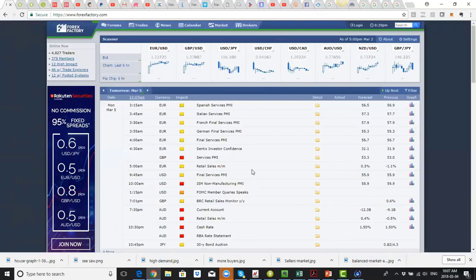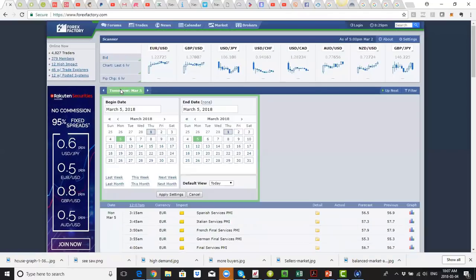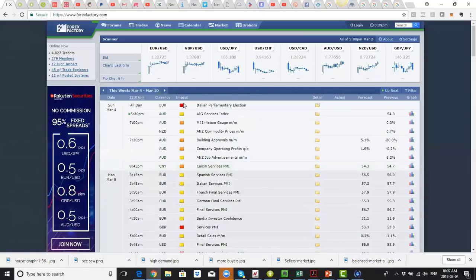So the biggest thing that we're going to start the week off with would be elections. We have Eurozone elections, Italian elections. Now this could create market volatility for the Euro. So we just have to keep an eye out for that if you're trading Euro over the next couple of days, especially as the results start coming out. Then we'll have to see what kind of government is formed, and that will create volatility for the Eurozone. So just be mindful of that. Any Euro crosses will be impacted as a result of that.